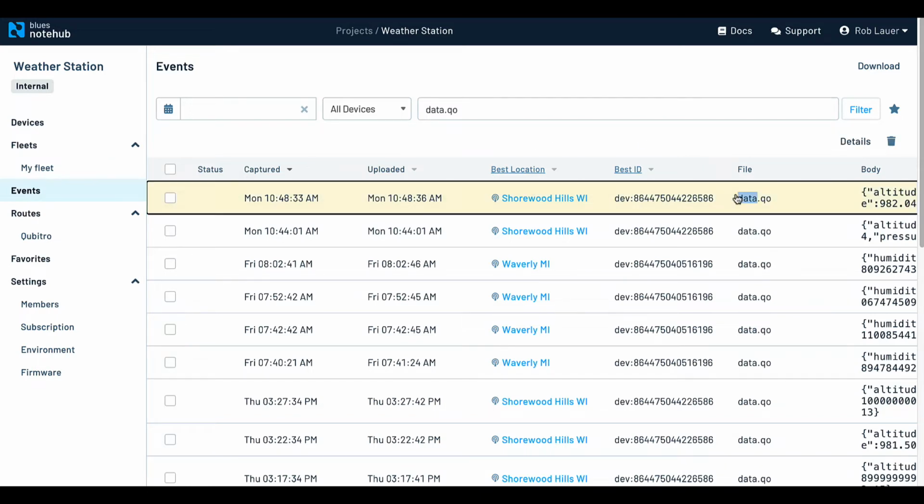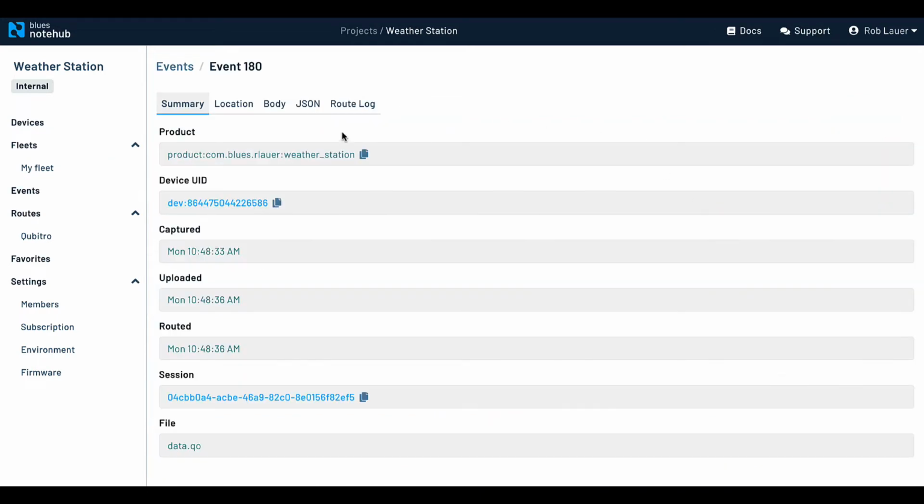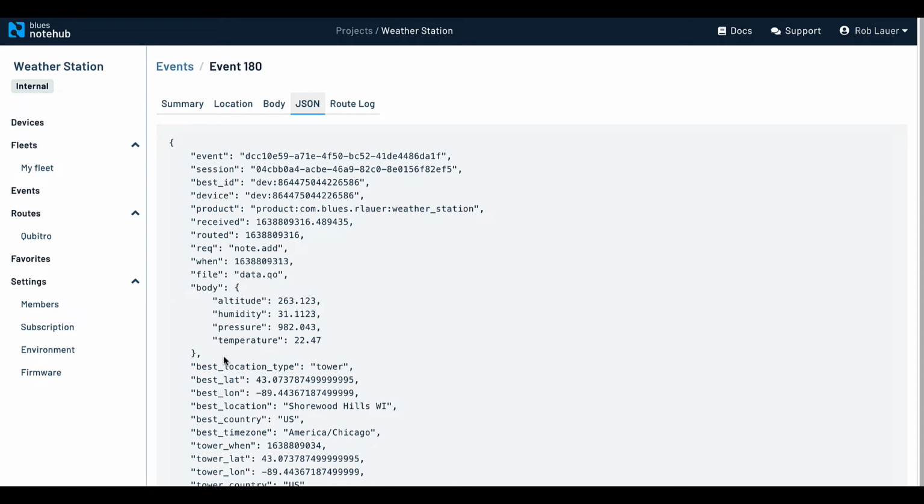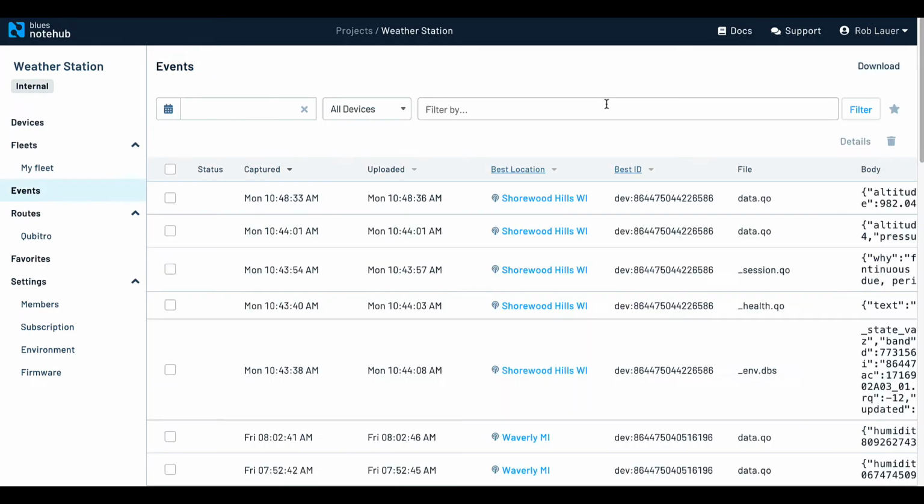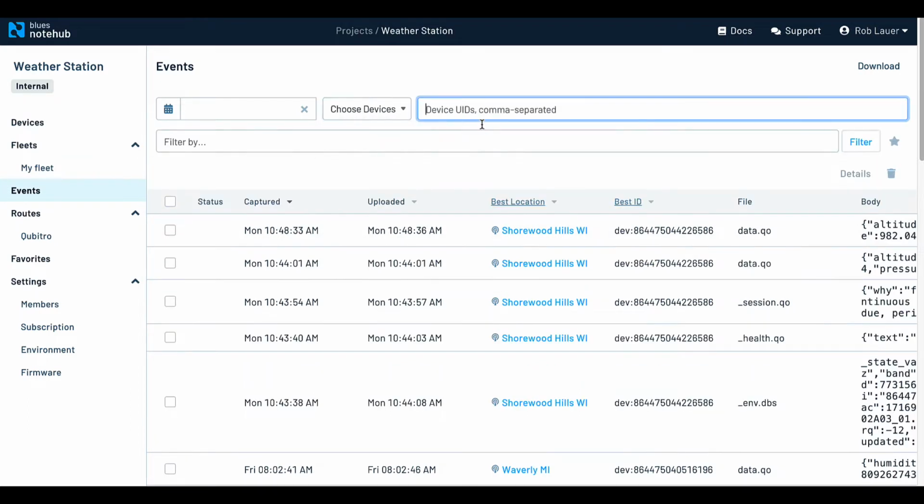So you can see here, I can dive into a particular device and see all of the data that was sent, and we can see here the weather data that was sent for this individual device. We can get fancier with our filters, and we can say, well, I just want to see data for one specific device, and we can filter that way.